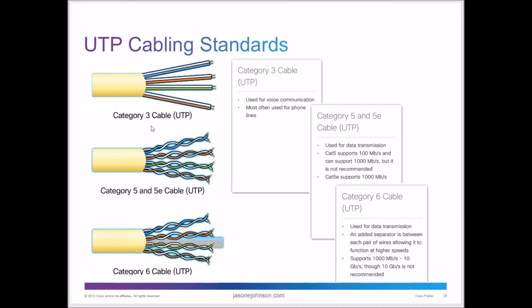And you have different categories, and these are the 3 main categories. You have your category 3. Those are usually, you're not going to see those much anymore. Those are usually used for voice communication, phone companies, phone lines. You don't see those in the networking world. You're probably going to see most often Cat5, Cat5e, and those are unshielded twisted pair here that they're showing you. Those are 4 pair of wires.